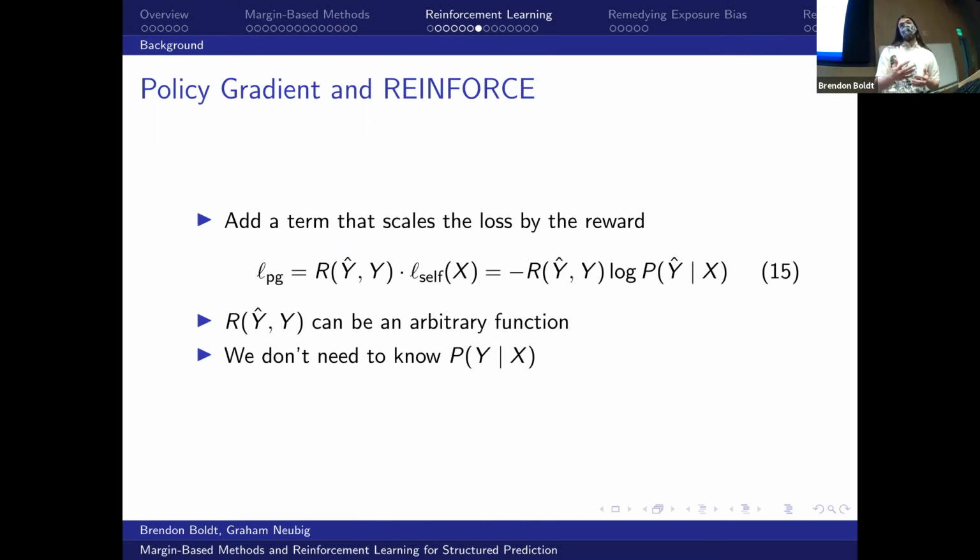Another advantage of reinforcement learning with this policy gradient objective over and above the hinge loss is that you don't actually need to calculate the probability of the true label, p of y given x. You only need to know p of y hat given x. And this can be useful if the sequence of things you did is hard to retrace. If you were like a robot in an environment that's changing and you took a bunch of different steps,